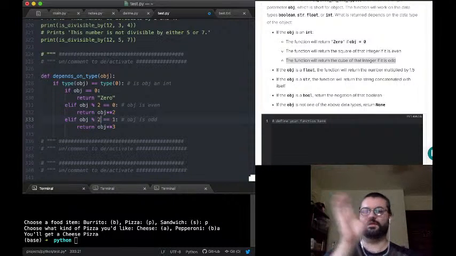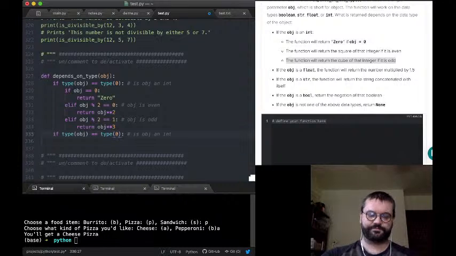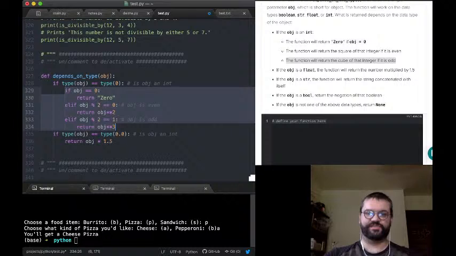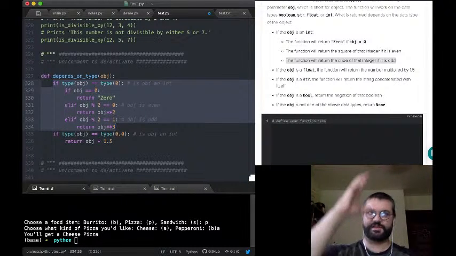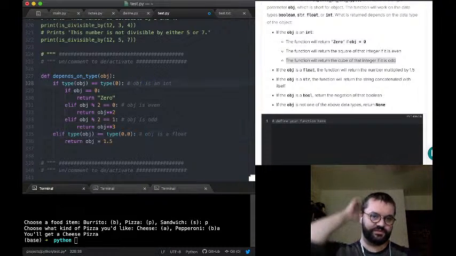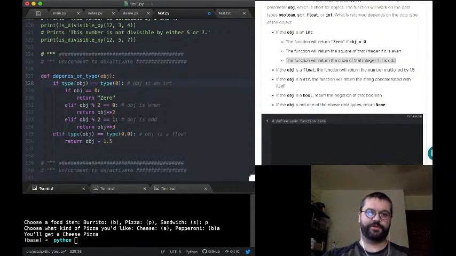It's going to have the float. And same sort of thing here. So since we have these, we're saying only one of these can be true: obj is an int, obj is even, obj is odd, obj is a float. Okay, cool. Good. So that's float. And we need to do string and bool and then,